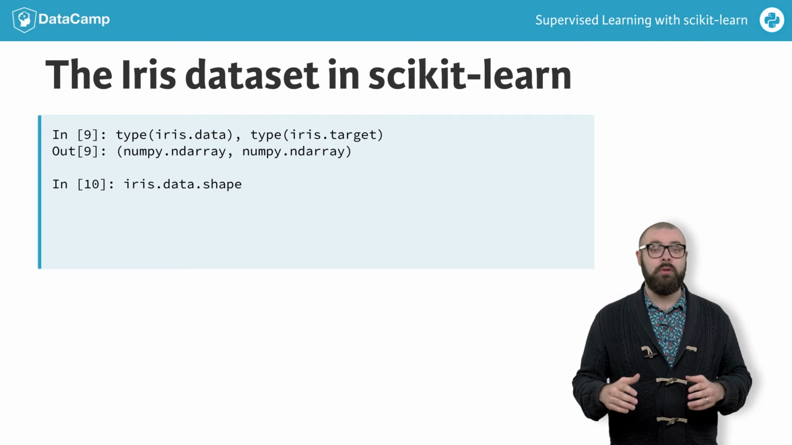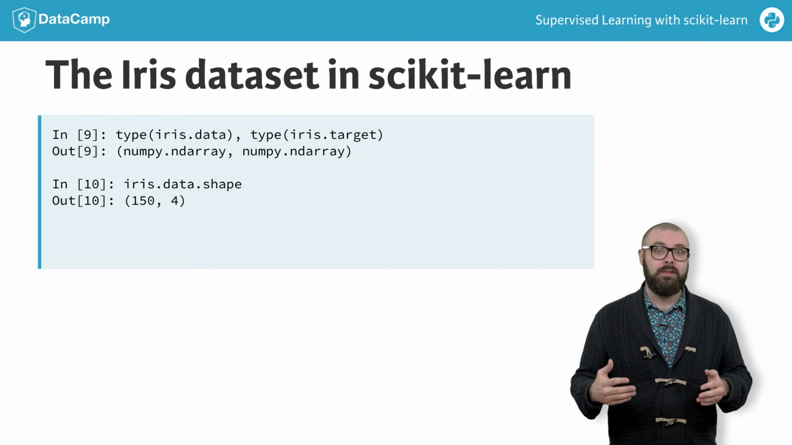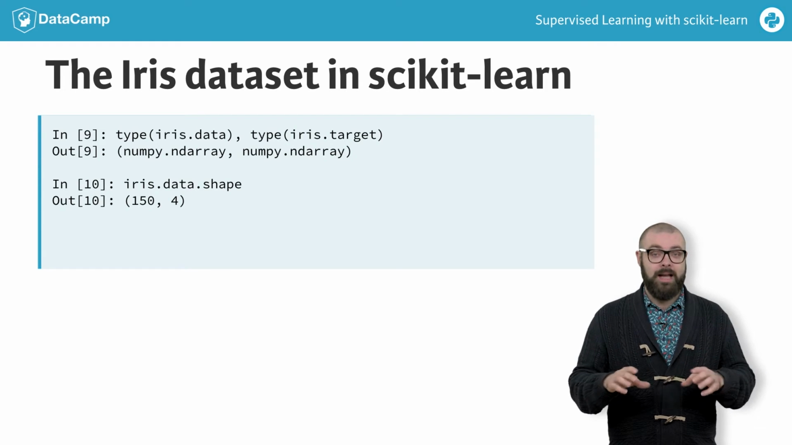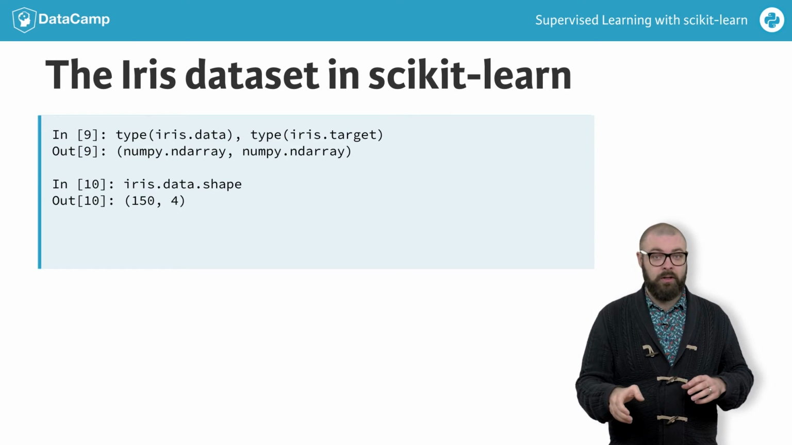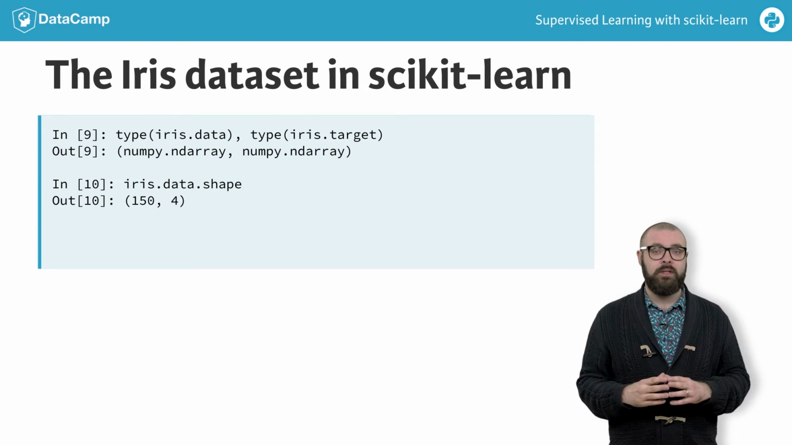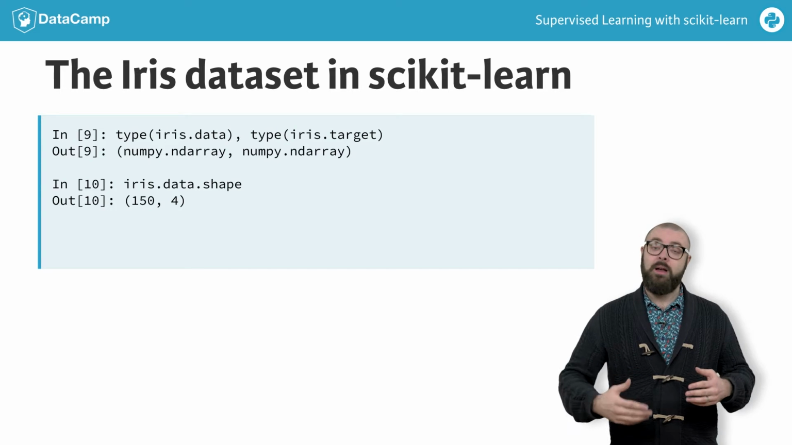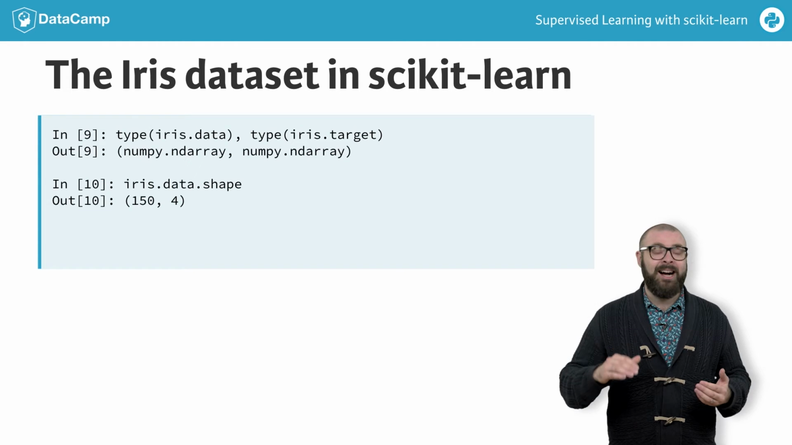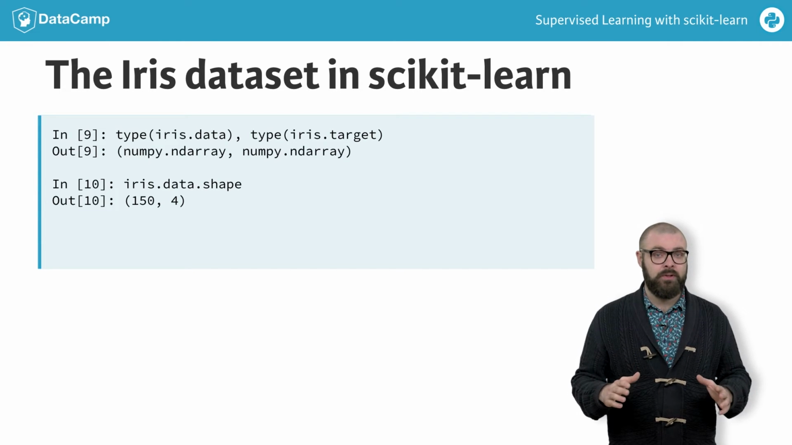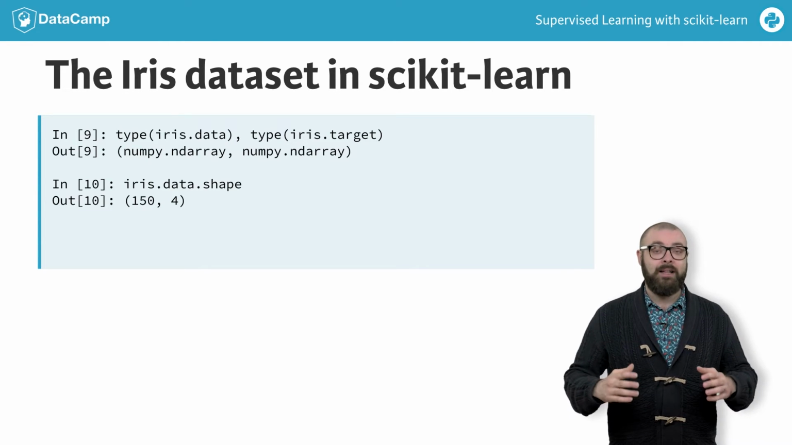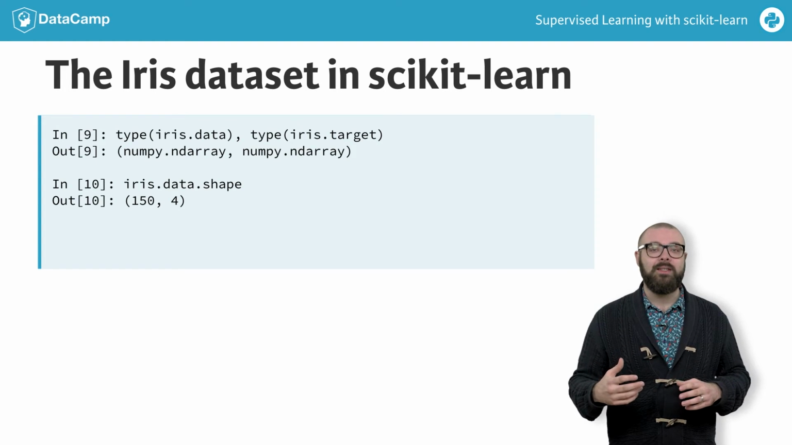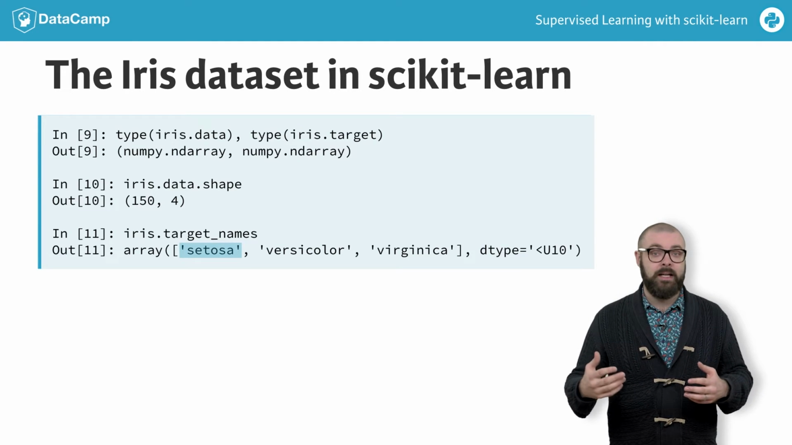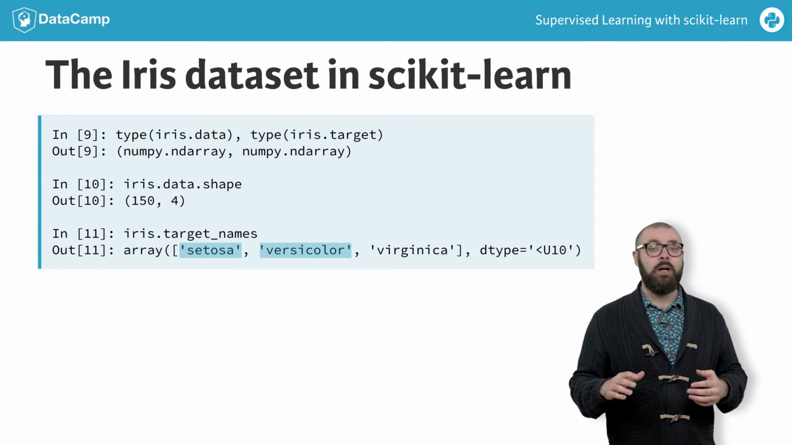The .shape attribute of the feature array tells us that there are 150 rows and 4 columns. Remember, samples are in rows, features are in columns. Thus, we have 150 samples and the 4 features, petal length and width, and sepal length and width. Moreover, note that the target variable is encoded as 0 for setosa, 1 for versicolor, and 2 for virginica. We can see this by printing iris.target_names, in which setosa corresponds to index 0, versicolor to index 1, and virginica